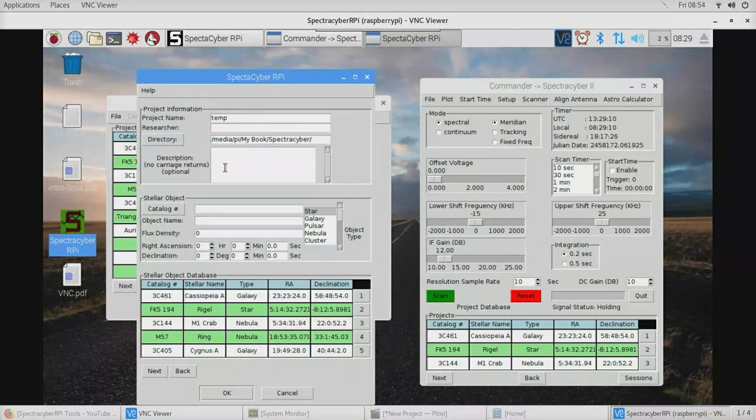To complete filling out this window, you can go ahead and put in a description here, which is optional. You don't have to if you don't want to. Then down here you can enter an object name, catalog number, a name, its flux density, its right ascension and declination, and pick the data type you want to use for it, whatever type it is. When you click the OK button, Spectracyber will then take a look at your current